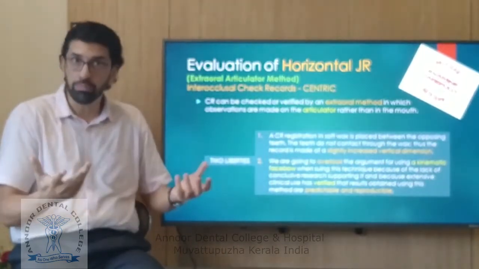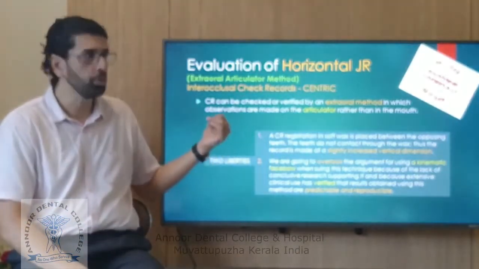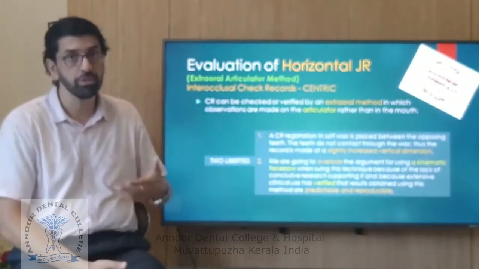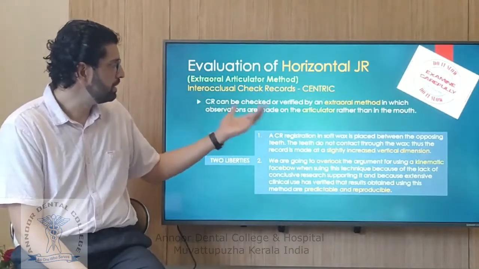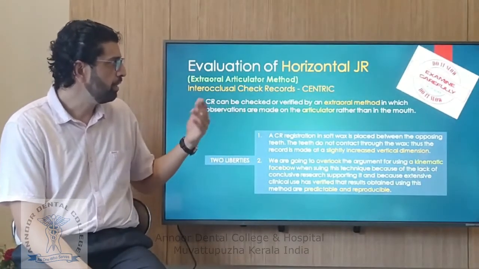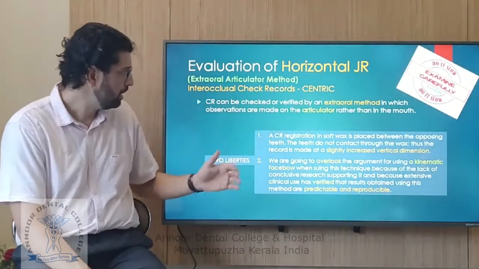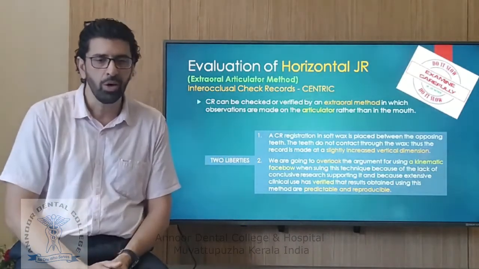Second case, if there is a problem, you're going to remove the teeth and do the posterior rebite. Here again, you're going to do a check record, and if it's okay, fine. If it's not okay, you're going to have to repeat the jaw ablation. So again, the centricalization is checked or verified by an external method, and observations are made on the articulator rather than in the mouth. Here, two things that you must remember. We're taking two liberties here. One is that,